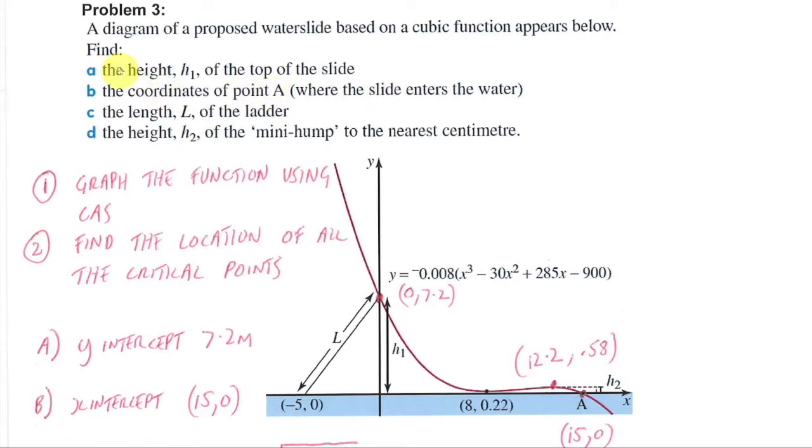So to answer our question, what's the height h1 of the top of the water slide? So here it is. That's where we enter the water slide. It's 7.2 meters above the ground. So 7.2 metres. B, the coordinates of A, where the slide enters the water, so that's over here, which is the